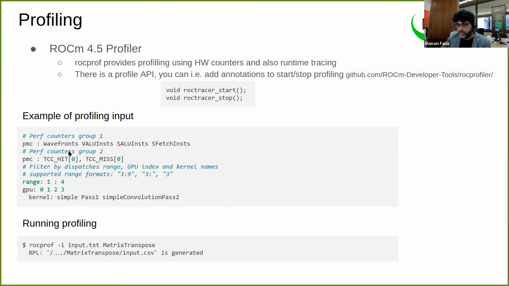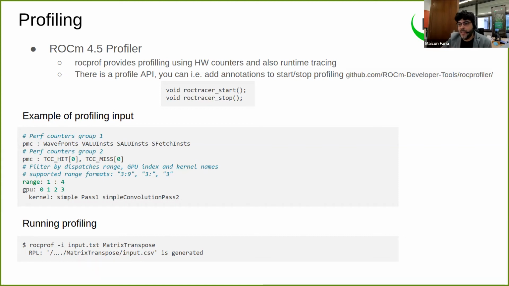Here there is a lot of conversion between the names that you have on the Nvidia environment compared to the names that you have in the AMD. For instance, wavefronts are warps, and I have a list showing how to convert that,